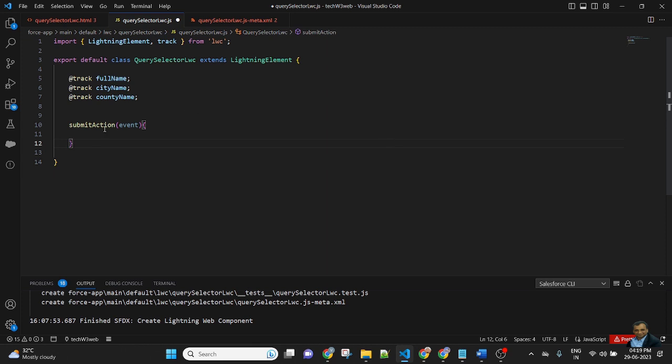So to get the value of the input field, we will use the template query selector.